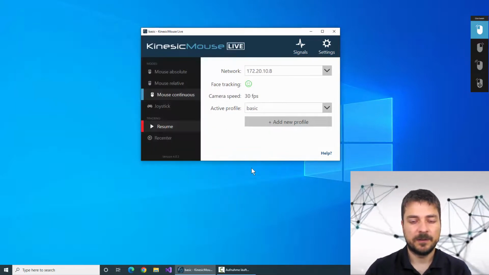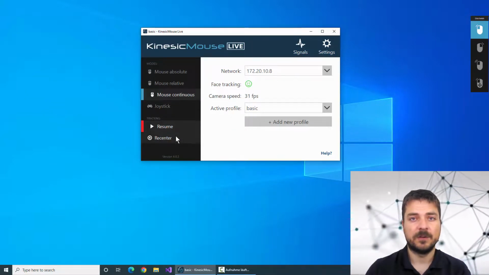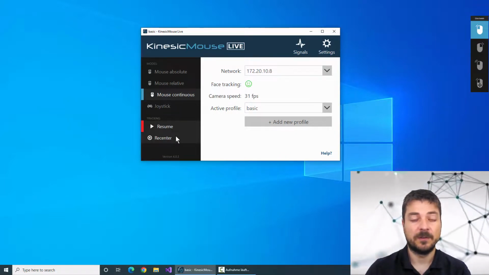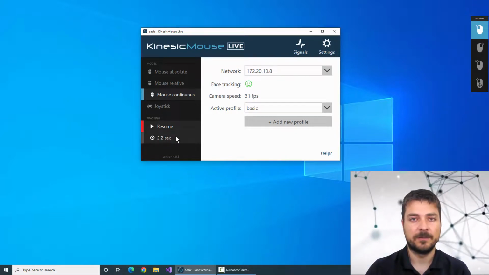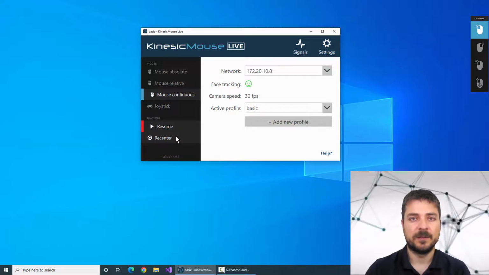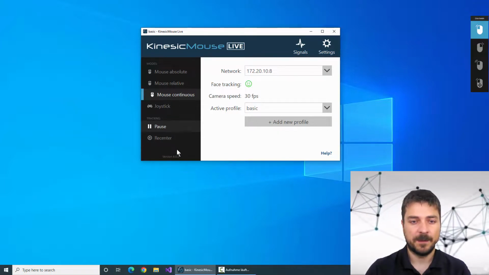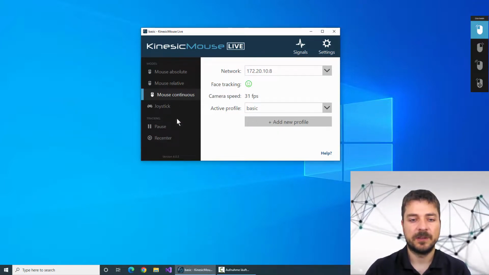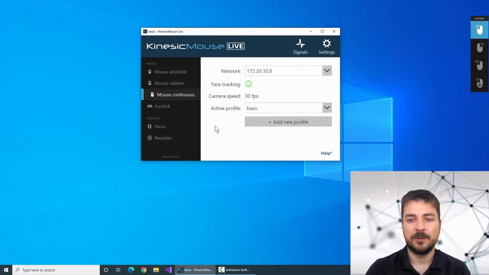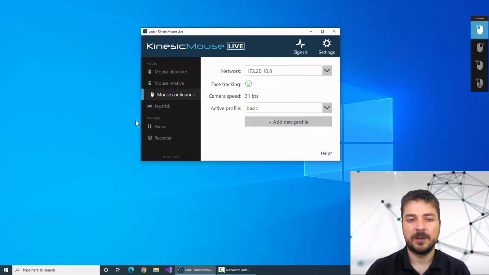So let's save this setting, and the next thing you need to do is to tell the KinesicMouse again where your center position of your head is. So let's recenter the KinesicMouse here. And after 3 seconds it will capture your center position. Let me resume, and as you can see, with just a little head movement I can move the mouse cursor wherever I want it to be. So let me pause the mouse cursor again,